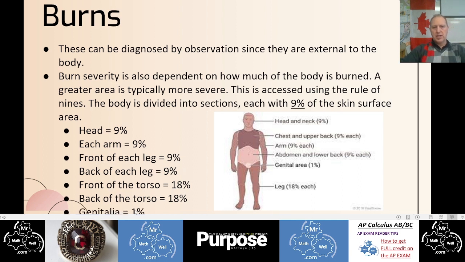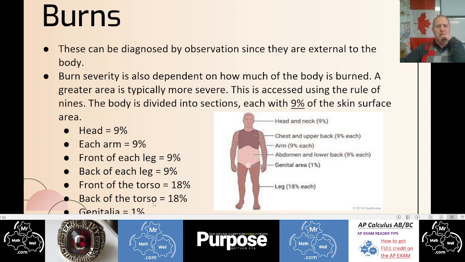All right, your genitalia is about 1%, and what isn't on this list here is the chest and upper back. So the chest is 9%, upper back is 9%. So on the diagram's good. Head and neck is 9, this is 9, this is 9, and the back side of this is 9, back side of this is 9. Each of these are 18. So if you have another 18, I think you've got,